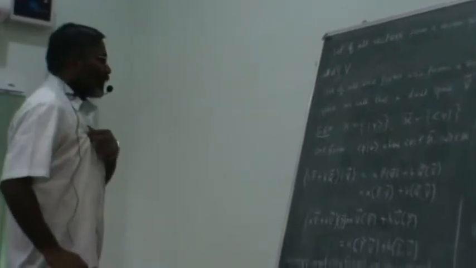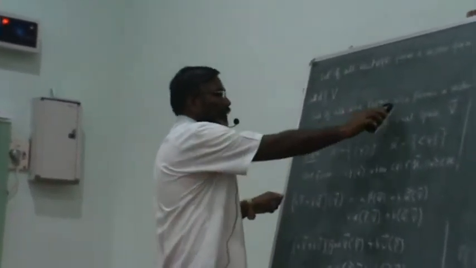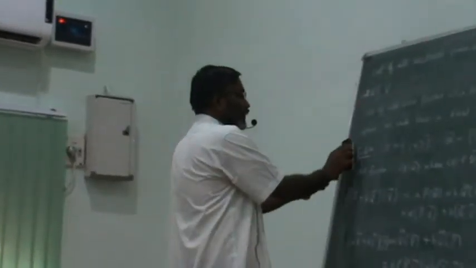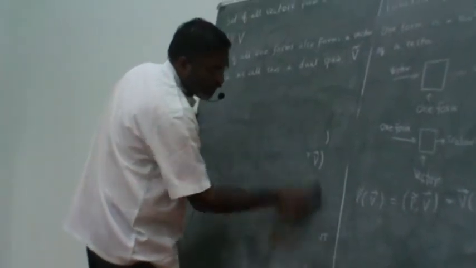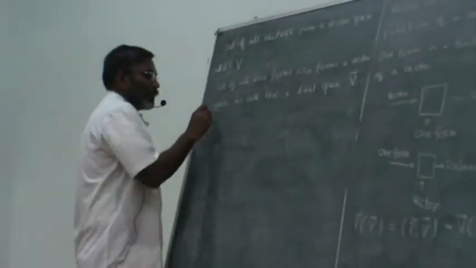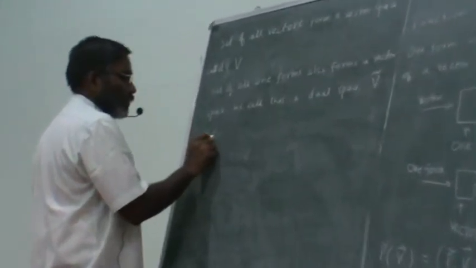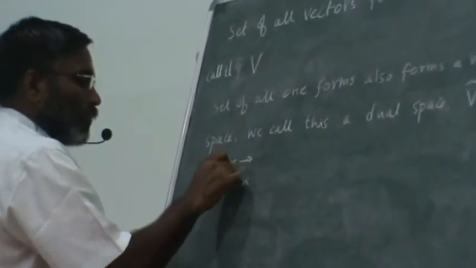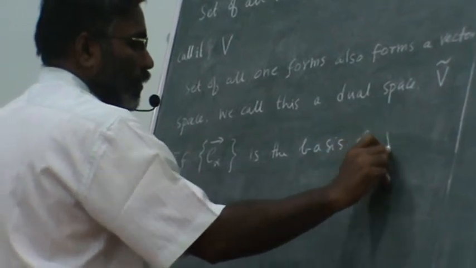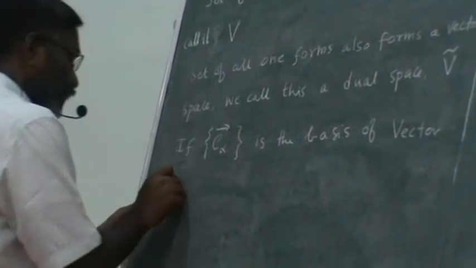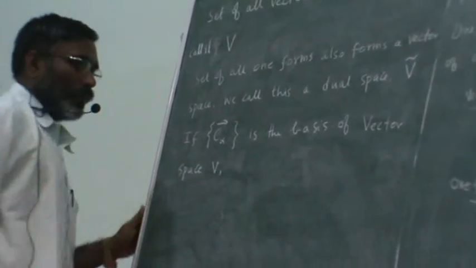Okay. Now, since we said that this also forms a vector space, we can ask what is the basis of this one form space. Since I have already defined the basis, if E alpha is the basis of the vector space V,